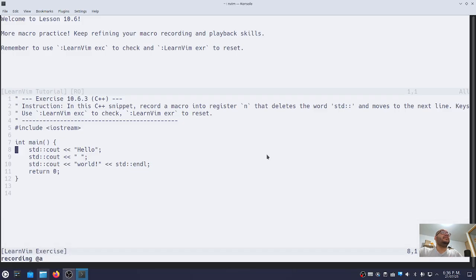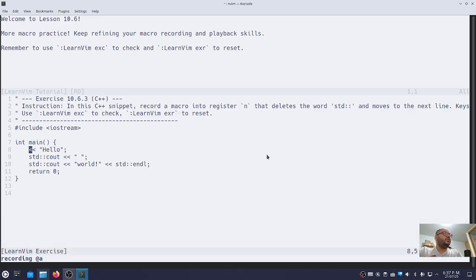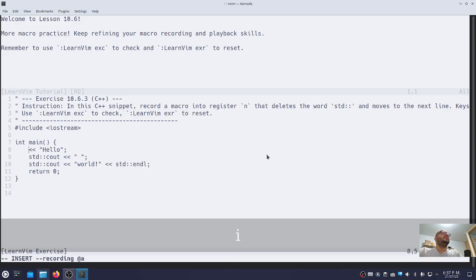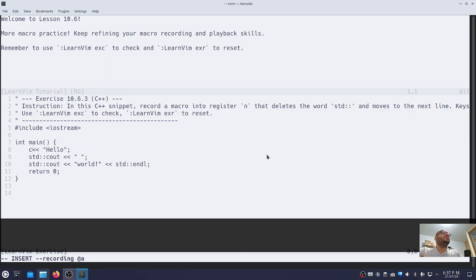Let's find the first S DW dot, escape, insert, console dot write line, escape,